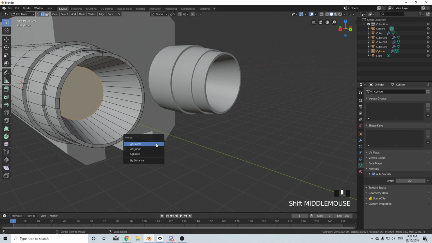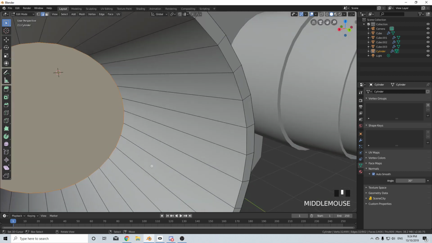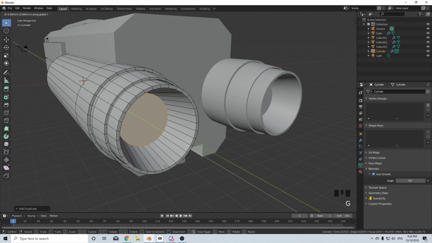Alt M, merge by distance. No. My goodness, it is. Thank you. Oh my goodness. That was one of those things that was bugging me, but I just kind of learnt to work around it. Let us now create